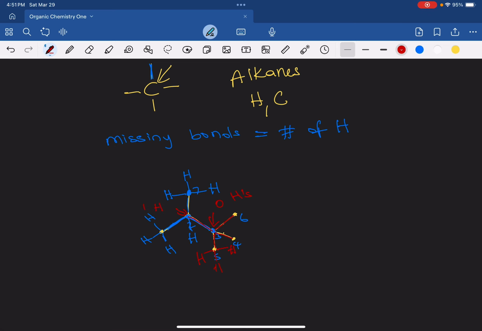And that's how you handle your line formulas. Just remember, at the end of each line, there's a carbon. Where two lines meet, or where two bonds meet, there is a carbon. So if I drew this, there's a carbon here, there's a carbon here. Please remember